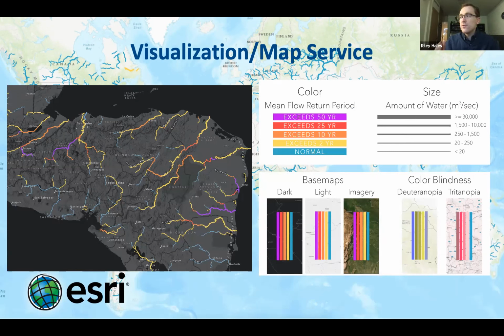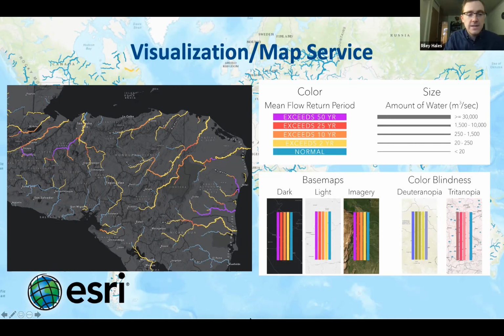And on the right, the different thicknesses of the lines that represent the rivers correspond to how much flow we predict will be in that river segment. And this map service, along with the base maps shown on the bottom right, are available on the Esri Living Atlas, so they can be consumed by any web app, GIS software, anything that accepts web map services.